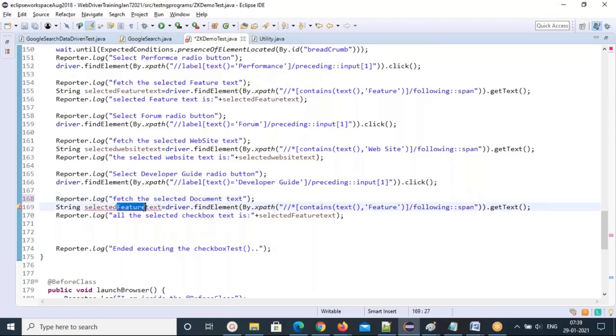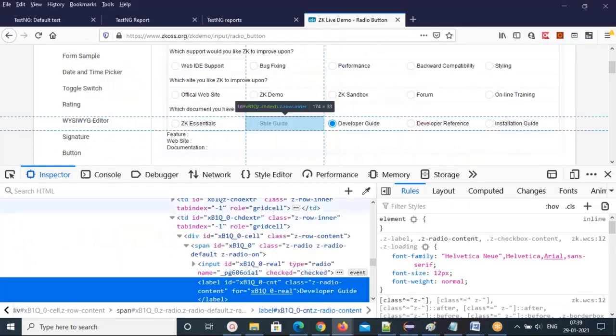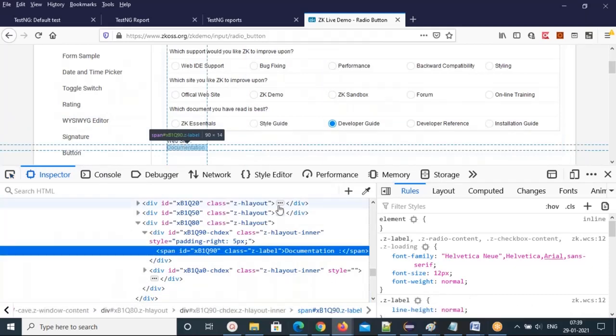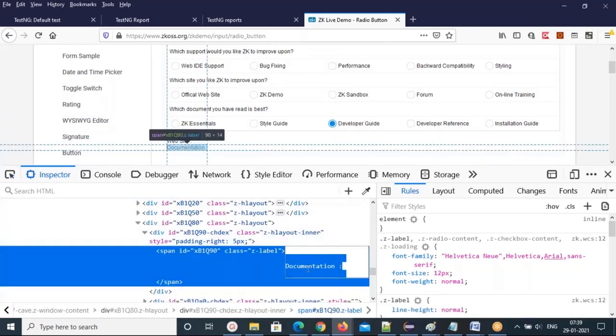Selected document text. So here you just give the documentation, that file. So almost similar, right? Just give the documentation text.